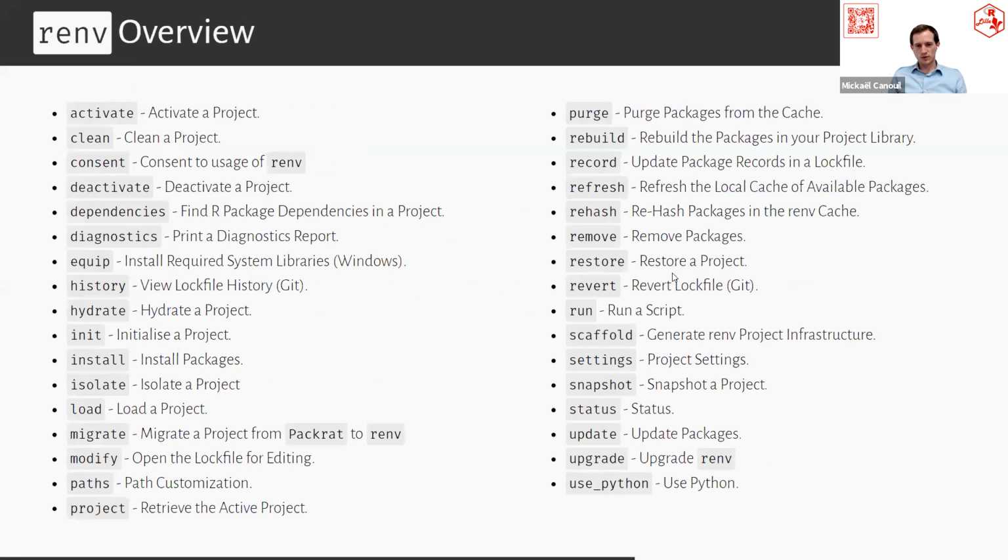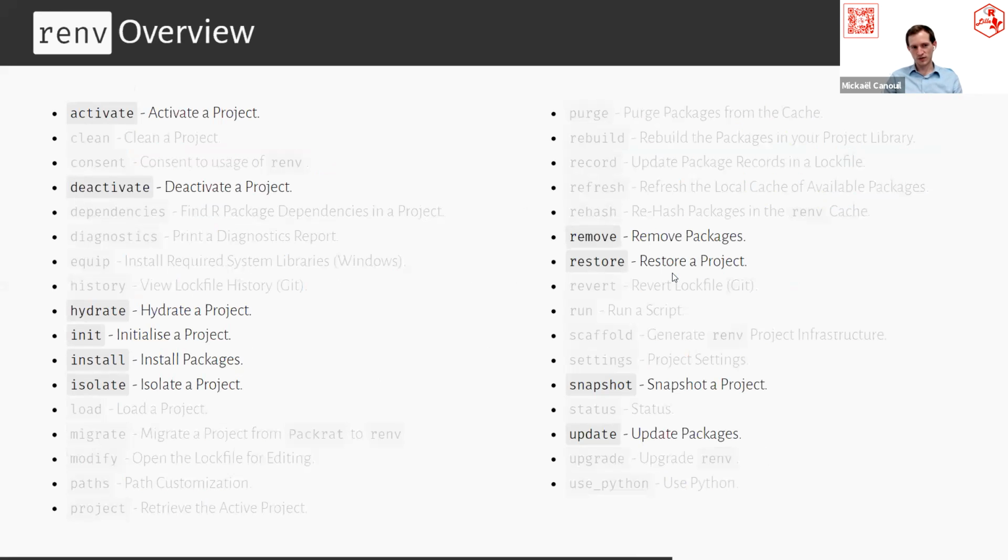So here are all the functions to date in this R package. I won't show everything because there are a lot of functions, just a subset of those. A few functions just to activate, because you don't necessarily want to use only your local R packages within the project. So with renv set up, you might want sometimes to deactivate it, activate it. So it's possible with a simple function.